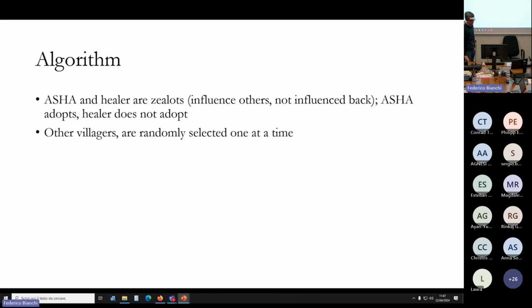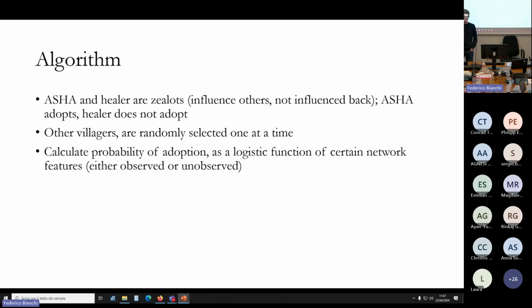Then what we did is that with respect to the other villagers that are the object of influence, the ones that can actually be influenced, we simply randomly selected them one at a time. And we suppose that they continuously and dynamically calculate the probability of adoption, okay? And we suppose here a logistic function of certain network features, which can either be observed or unobserved in our own data. It is important to understand that whenever they adopt, they can stop adopting, okay, if this condition ceases to exist. I mean, if these conditions that are embedded in our network feature are not met anymore,